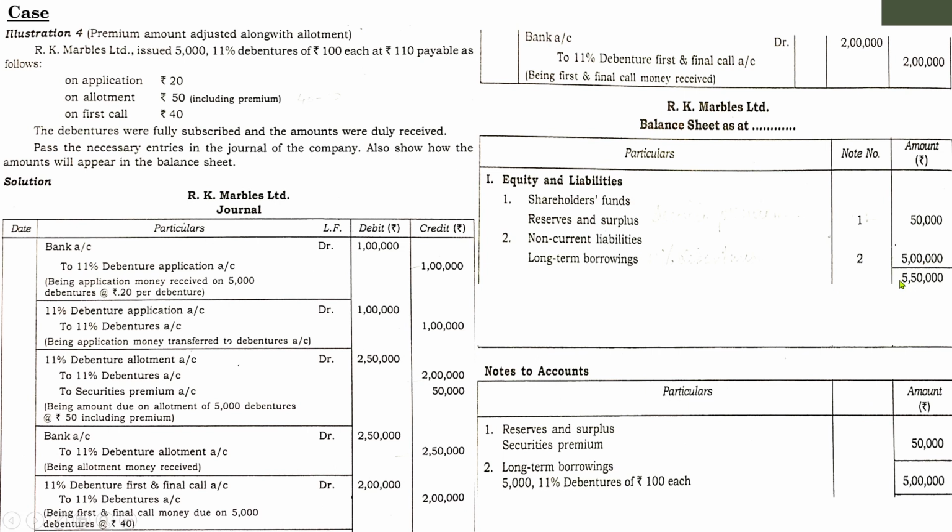No, a balance sheet is completed only after filling both sides. So we have completed only the liability side. Next is the asset side. Asset side includes one item, cash at bank, total 5,50,000. This amount is obtained by adding all the bank amounts. See, if you add all the bank amounts, you will get 5,50,000.